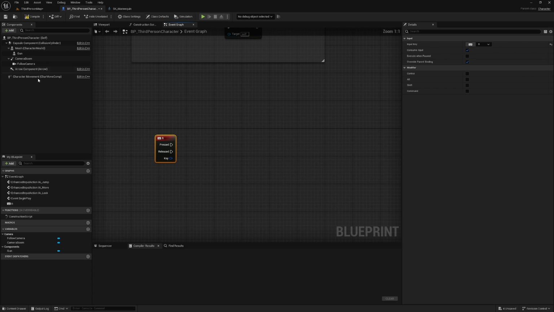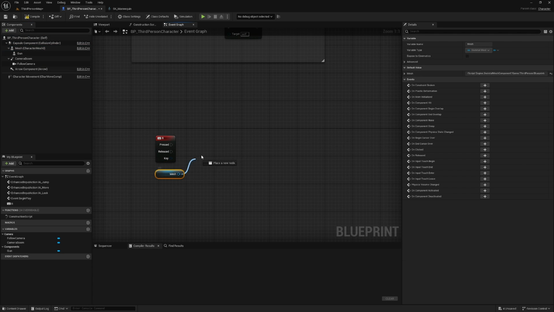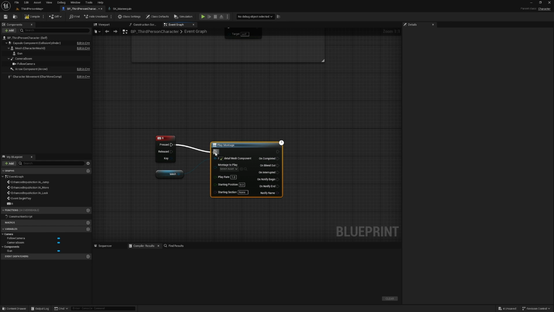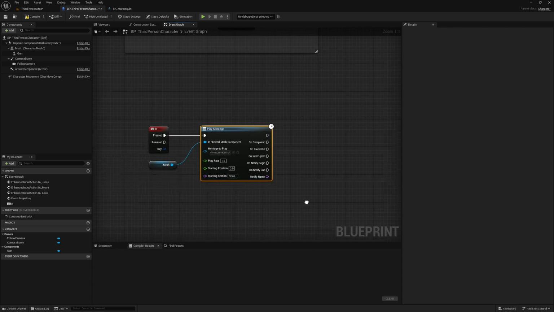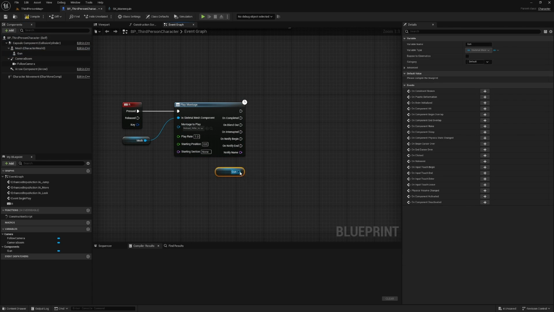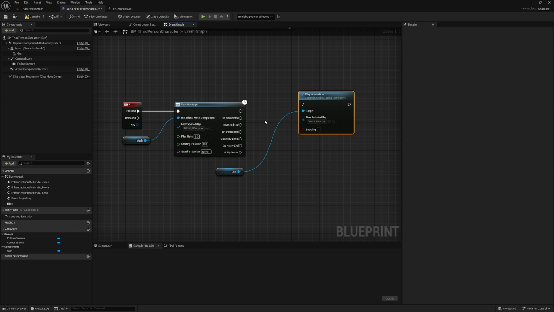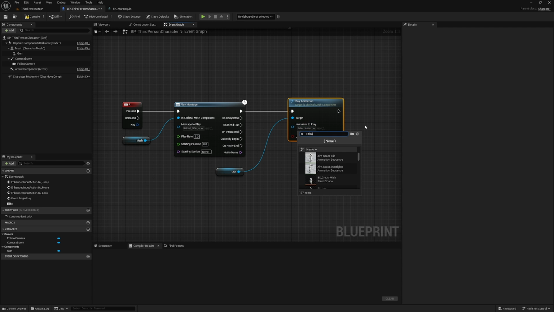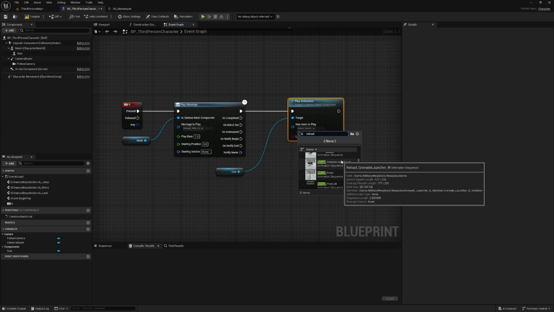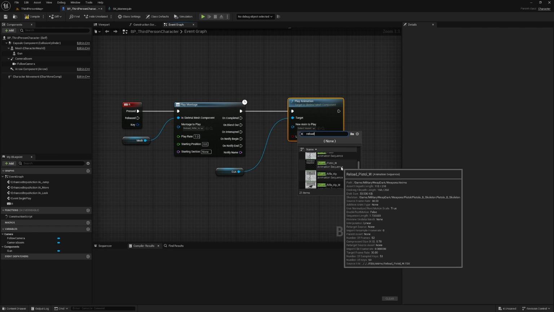R key, and on the mesh, we're going to play the montage that we created. Reload rifle iron sights montage. And on the gun, we're going to play animation. And the animation we're going to play is, I believe, reload rifle, not prone. That's the character. Reload